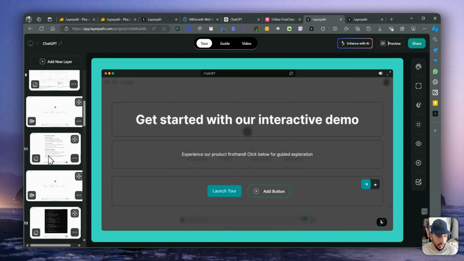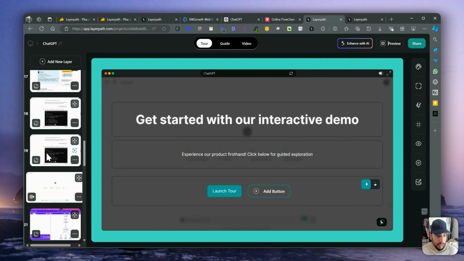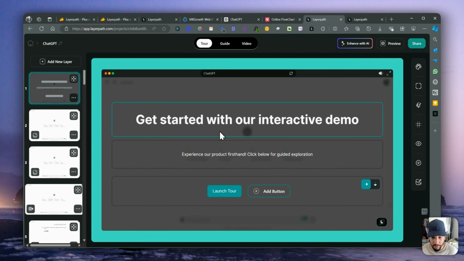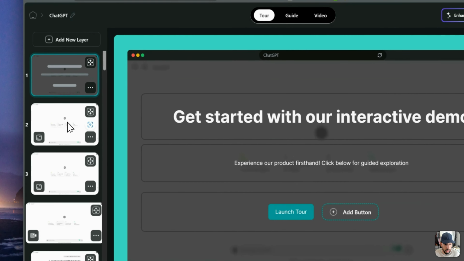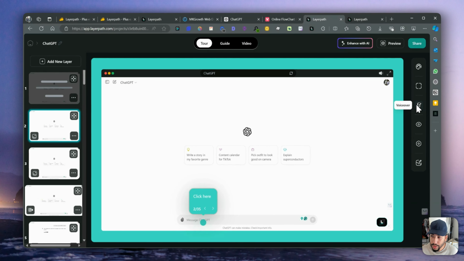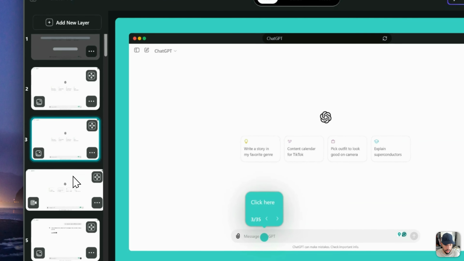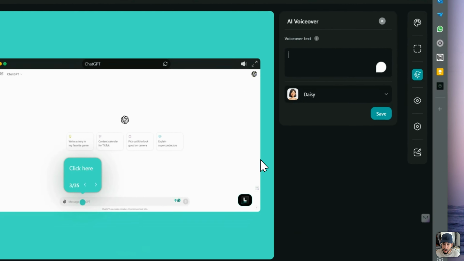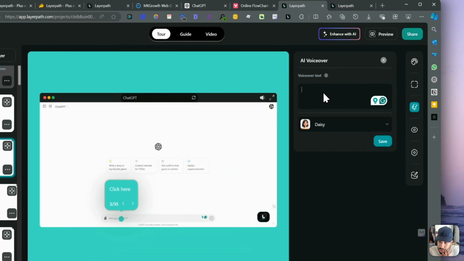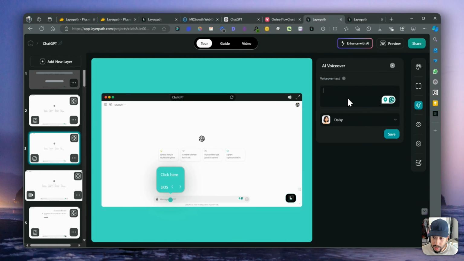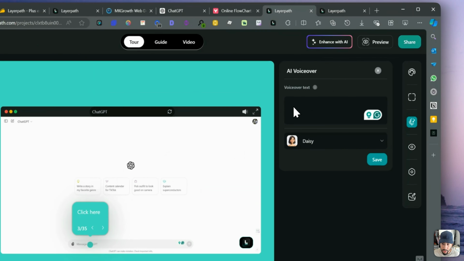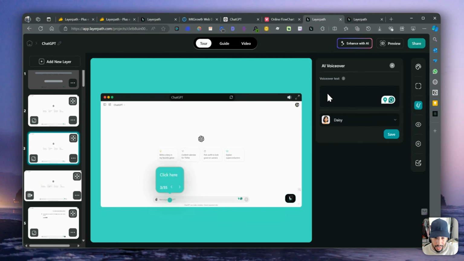So you have the layers. It's very similar to Fable. You can delete whatever layers you have. What's really cool is, for example, you can add a voiceover. So in this section, I'm going to add a voiceover, and again, they mentioned we don't have the ability to actually add our own voiceover, but you can add just an AI voiceover. So what I'm going to do is